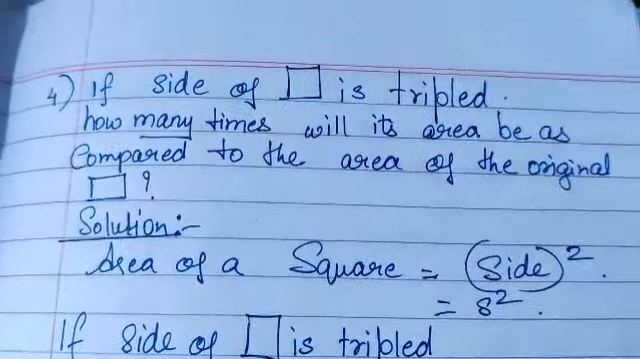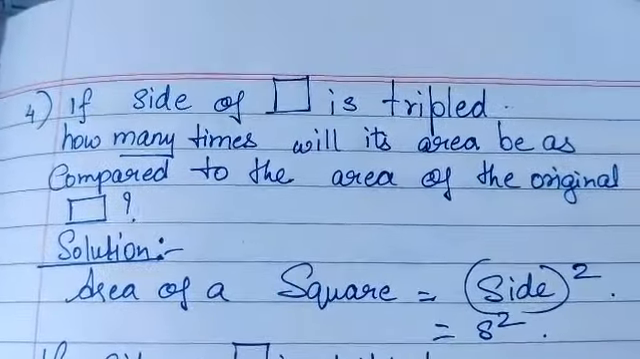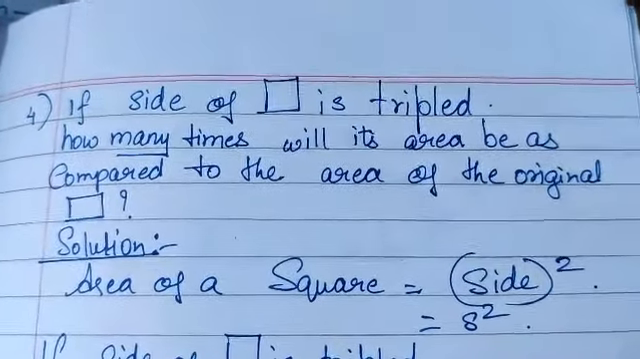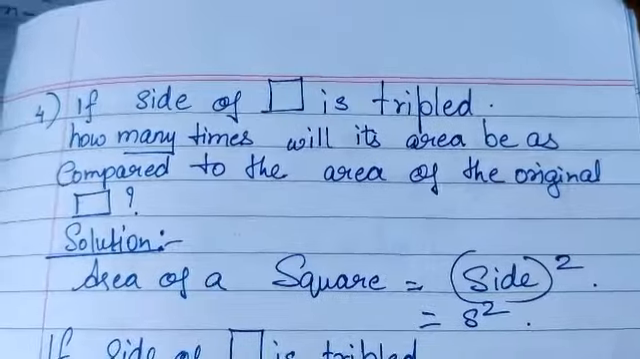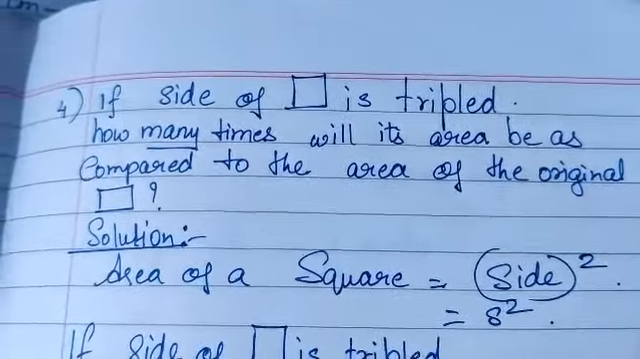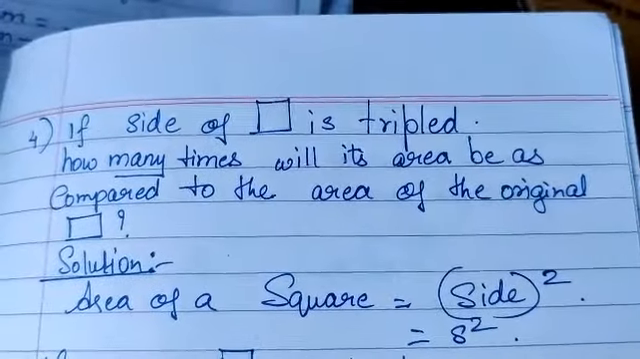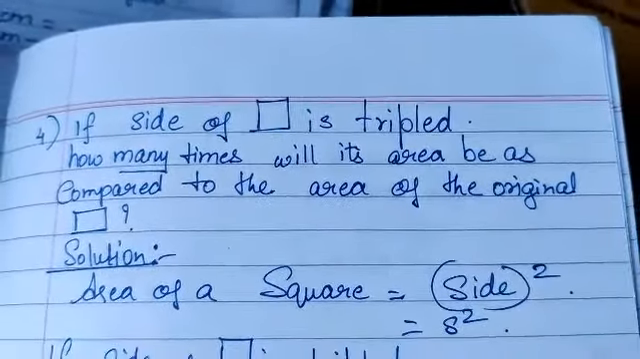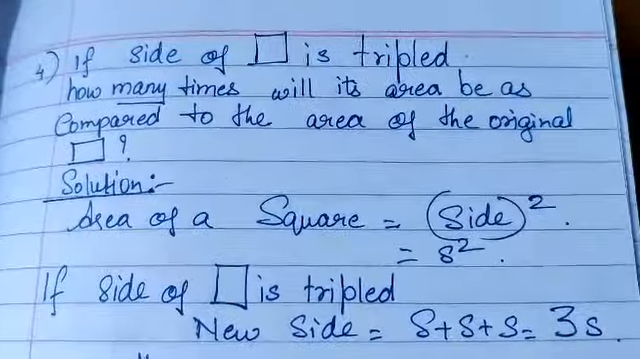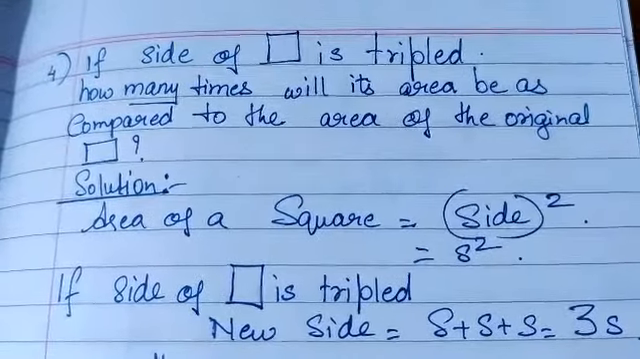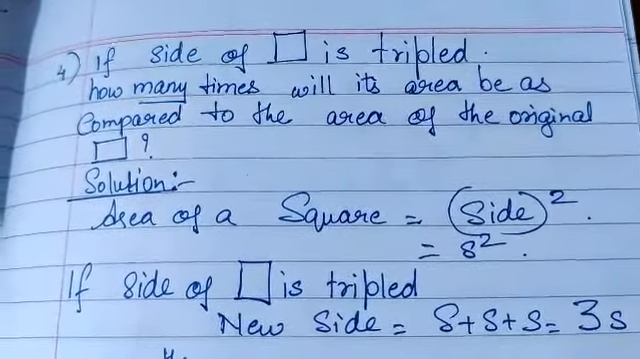Now they are saying if side of a square is tripled, how many times will its area be as compared to the area of the original square? Now area of a square is side square. Okay, so if side of a square is tripled, the new side will be s plus s plus s, that is